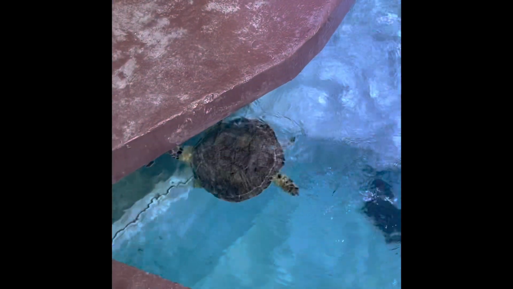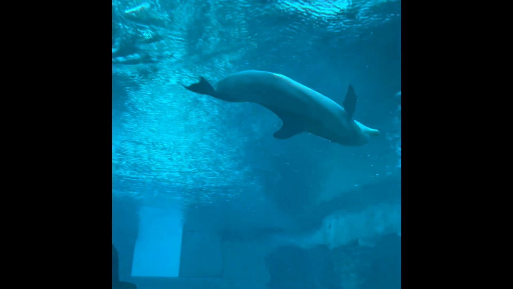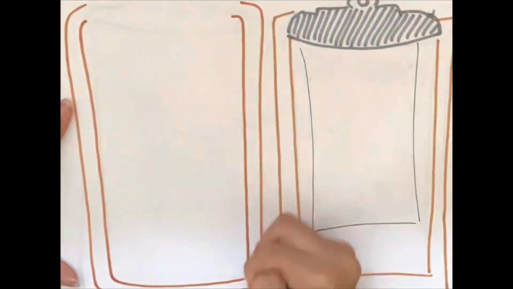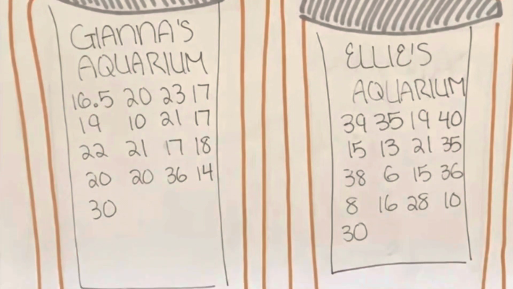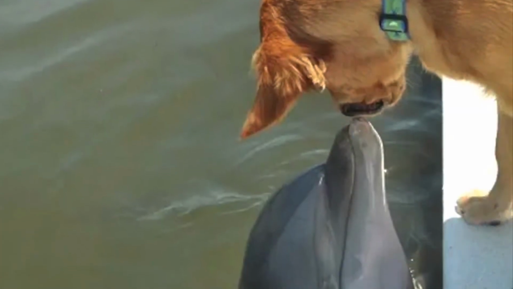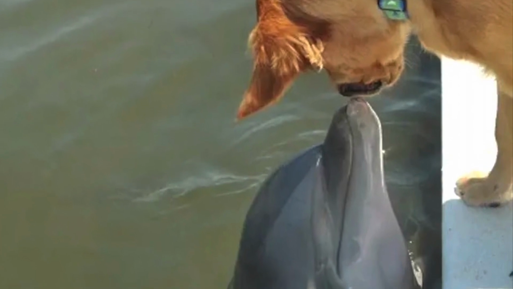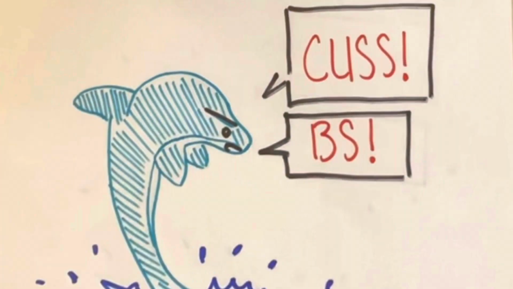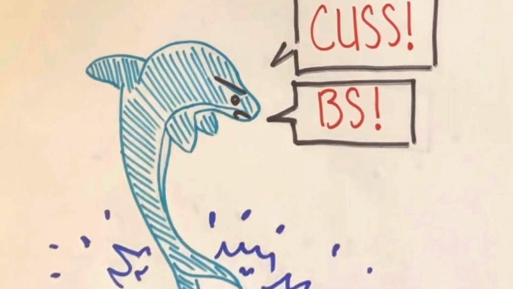Ellie and Gianna are marine biologists from different aquariums looking to compare the distributions of food consumption across their respective aquariums, make box plots displaying the data, and compare the distributions. Before we begin comparing the distribution of the data sets using specified acronyms CUS and BS, we are asked to